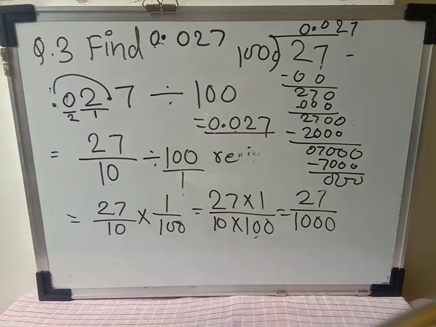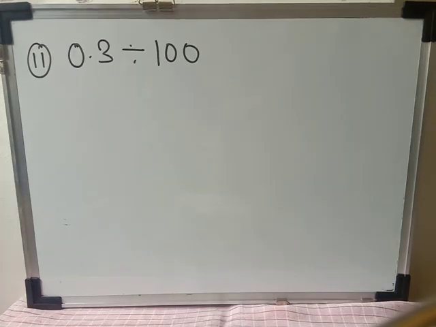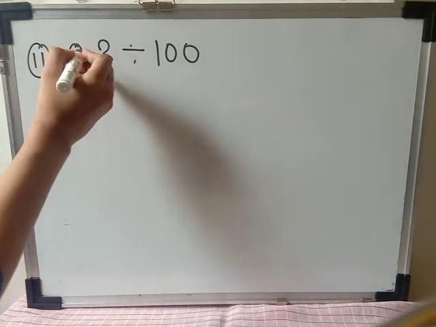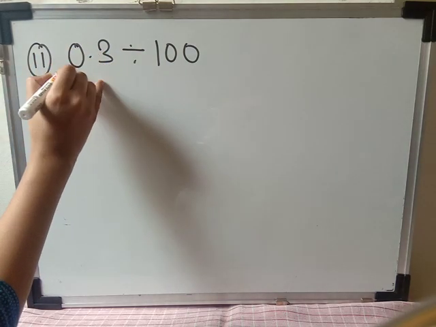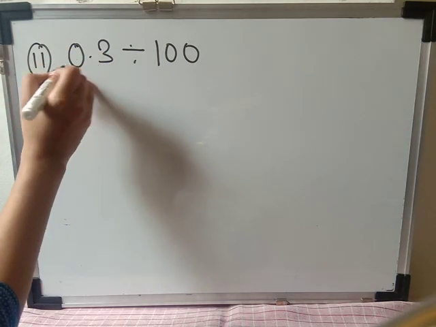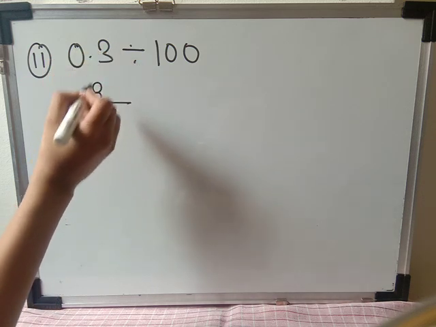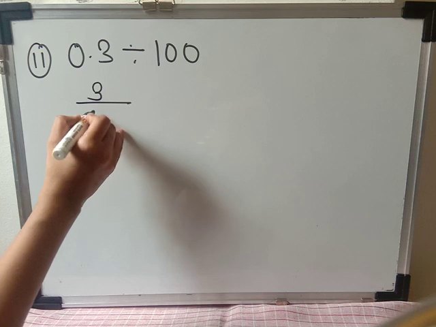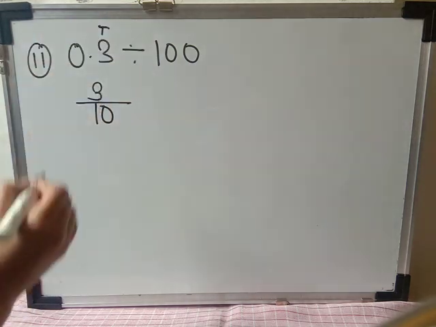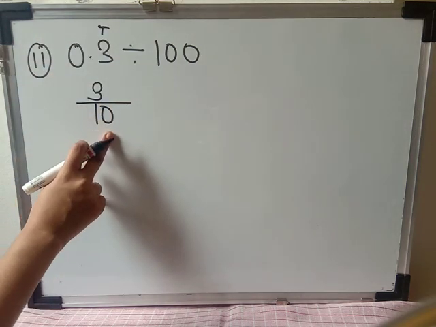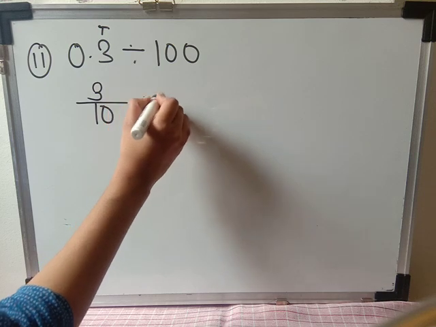Okay, write down all this in your notebook, student. Now the second example is 0.3 divided by 100. Again I am going to remove the decimal point. Before the decimal nothing is there, so you are not supposed to write 0. You can write 3 only. After the decimal how many places are there? That is only 1, so it is the 10th place. That's why you have to write 10 here as the denominator: 3 upon 10 divided by 100.